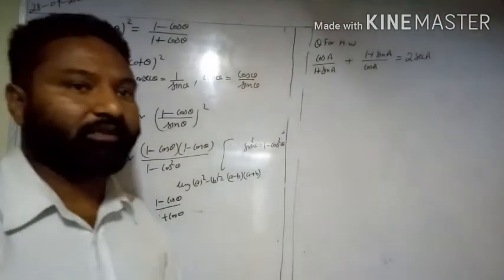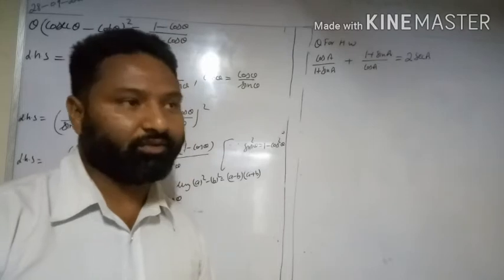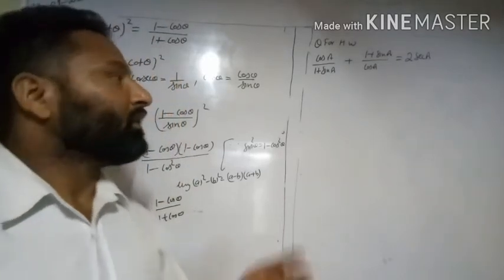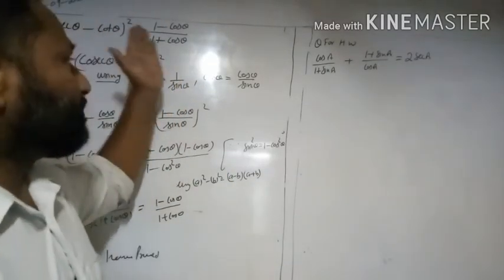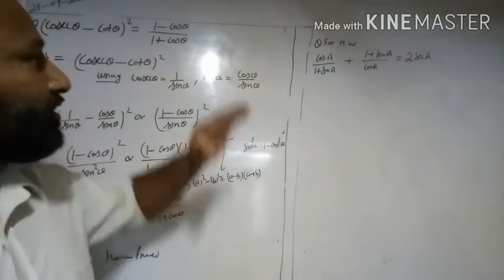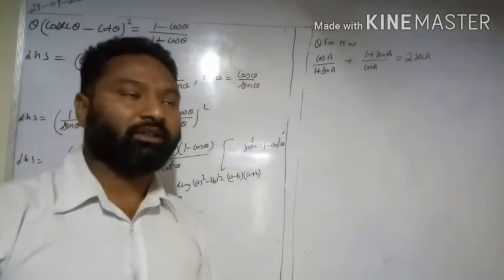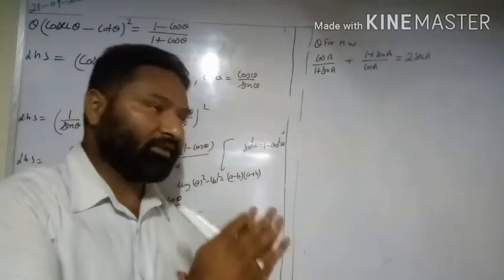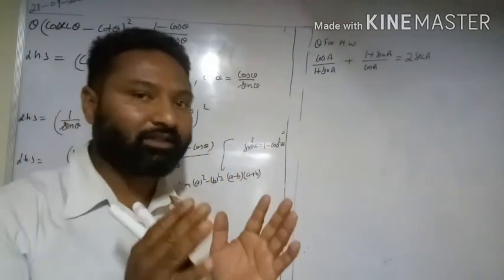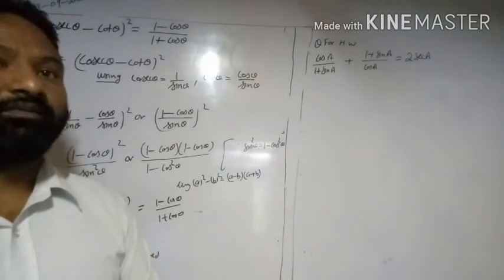As we know, when we have a question to prove, or to show, it means we have to prove that the value of the left hand side is equal to the value of the right hand side. We have to do one thing: find the value of the left hand side and find the value of the right hand side. If the answer of both is the same, then it proves that the question is right.